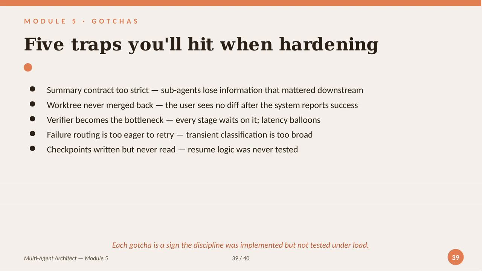2. Worktree never merged back. The user runs the system, gets a shipped verdict, but their actual repo has no diff. Somewhere in your merge logic, the worktree got abandoned without a final merge. Test the happy path end-to-end before